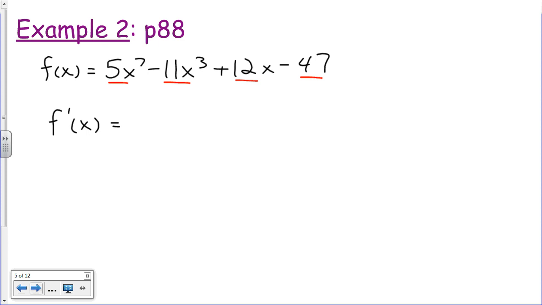And my rule for the derivative of a constant times a function was the constant stays out front. So the derivative is 5 times the derivative of my function, which in this case is a power function, x to the 7th. And my rule for the derivative of a power function, the 7 comes out front, times x raised to, and we subtract 1 from our exponent, so it's x to the 6th. So it's 5 times 7x to the 6th. And then I add, or in this case I'm subtracting, the derivative of the next function. So again, I've got a constant times a function, so the constant stays up front, so it's a minus 11 times